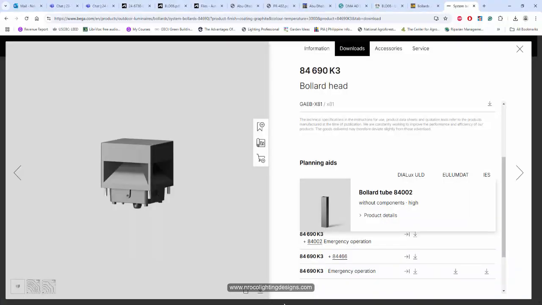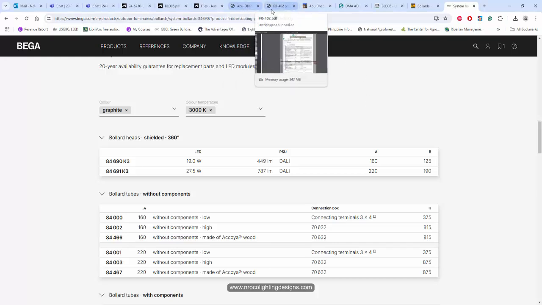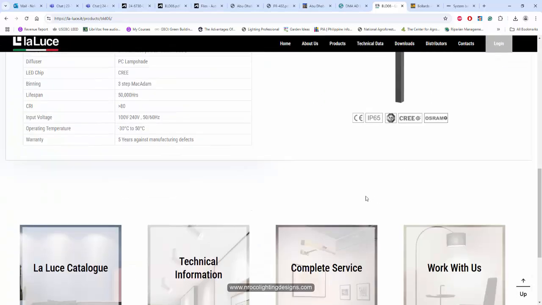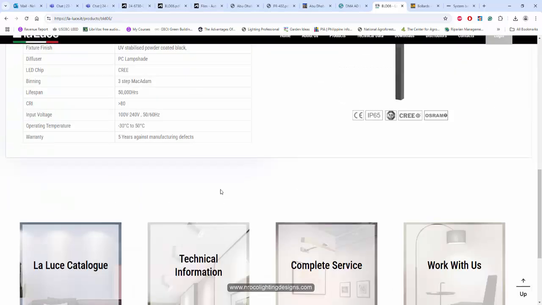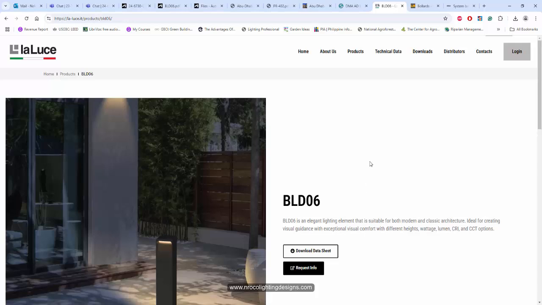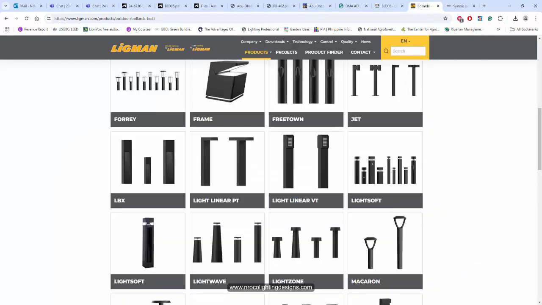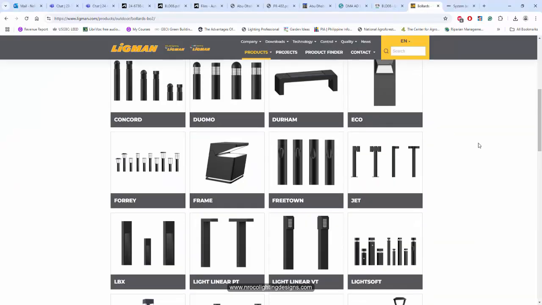What I'm saying here now is, to those who are specifying, please make sure to have a photometric file, because it's really hard to prove that your lighting design is good if it doesn't have a photometric file. Maybe you can ask the manufacturer or supplier about the photometric file. If none, then the sad thing is you need to use another fitting just to show something in your lighting calculation. Please let me know, do you experience the same?